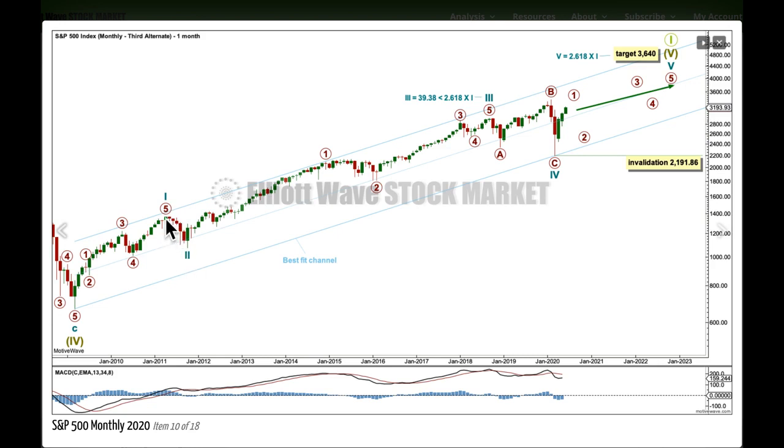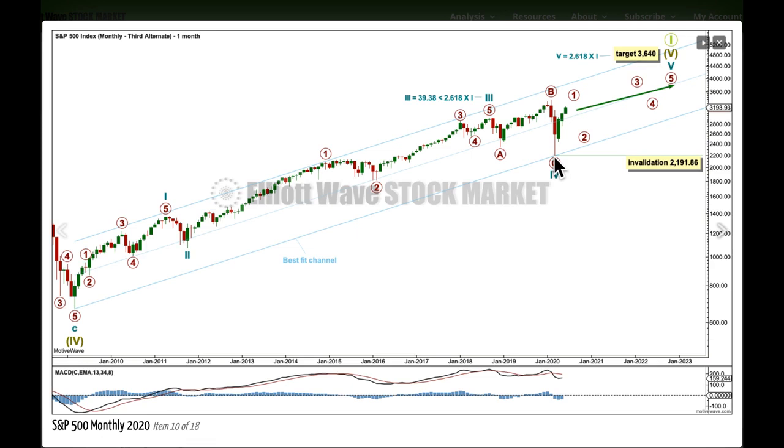But if we draw a channel using Elliott's technique from 1 to 3 with a copy on 2, it just doesn't fit. If we draw it from 2 to 4 with a copy on 3, it doesn't have a very good look either. But if we draw a channel from the start of the bull market to this low here and push a parallel copy up and then add a midline, most of the bull market fits in the upper half of the channel, and now price is back in the upper half of the channel again. This has a pretty good look.